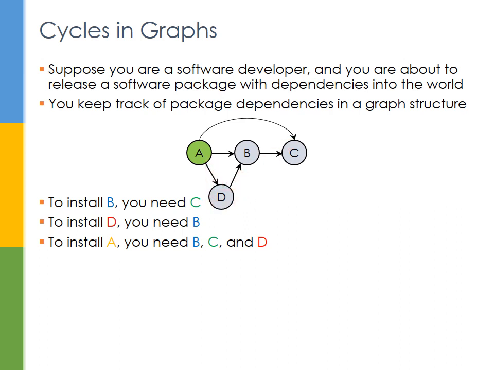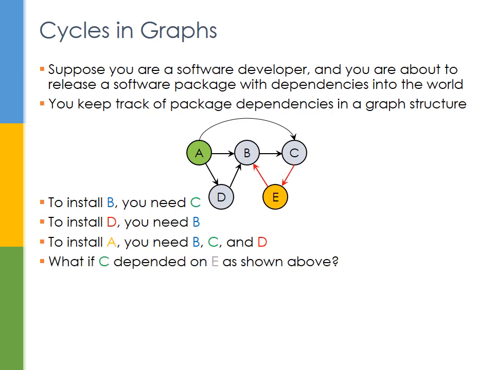package D. So this is relatively straightforward, and we can see that we can successfully install our software package in this case. If we install software package C first, which has no dependencies, then we can install software package B, then we can install package D, and then finally we can install the package that we've developed, package A in that case. So let's add then an additional software package E, represented by this vertex over here, and it also